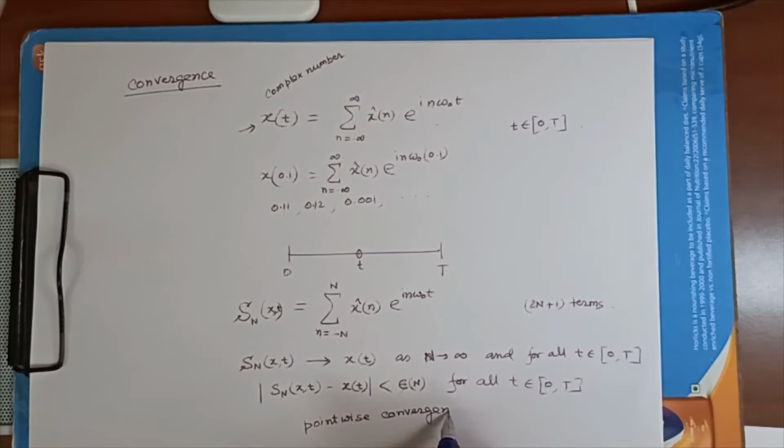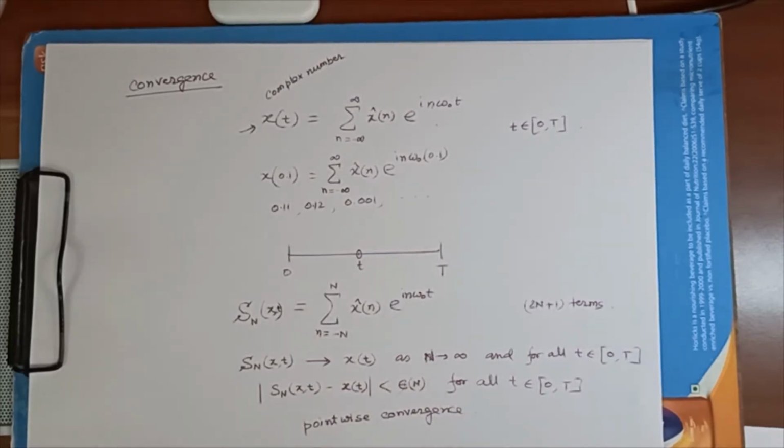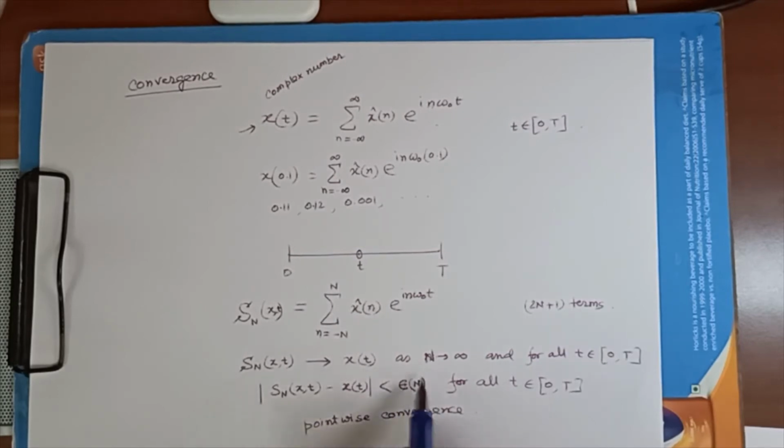So we know from the Dirichlet condition that if there are some discontinuities in the function, at the point of discontinuity you will not get this, whatever number of terms you take. However, at every point of continuity you will get this. So you will see that the partial sum is indeed converging to the signal when the Dirichlet condition is satisfied.